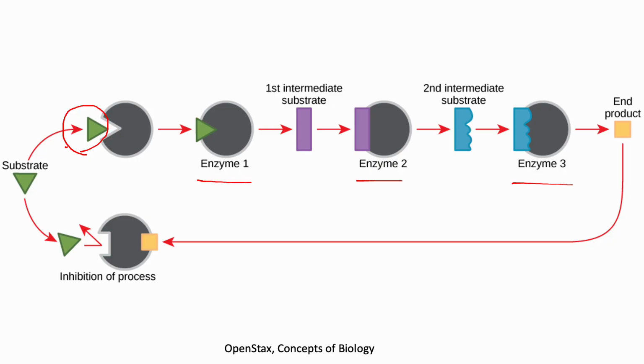Now, the important thing is, first of all, it's a metabolic pathway, so we have multiple enzymes carrying out this. That's very common in our cells. The other thing I want you to see is that the end product, which is this yellow square, is actually serving, that should be an F, as a feedback inhibitor. So it has negative feedback to this first enzyme, okay? So this enzyme right here,